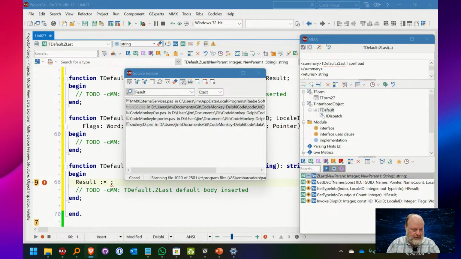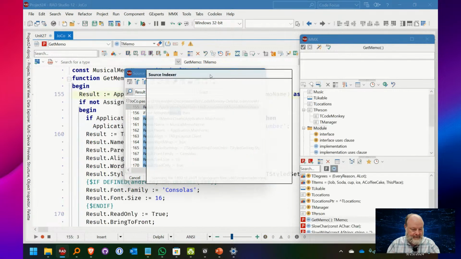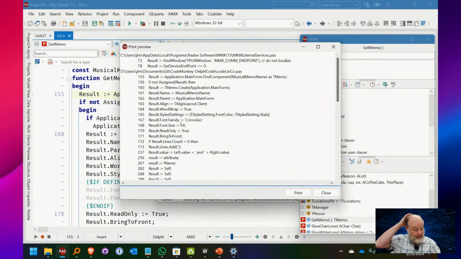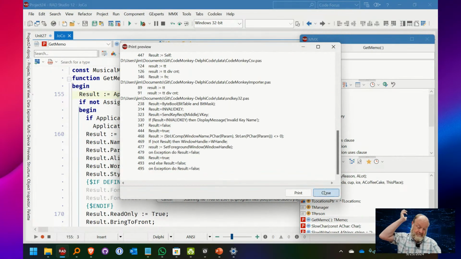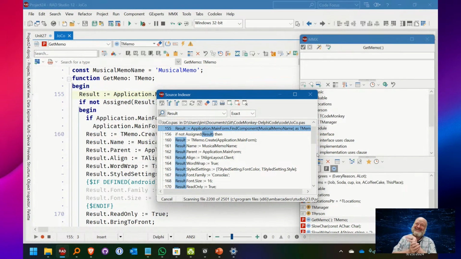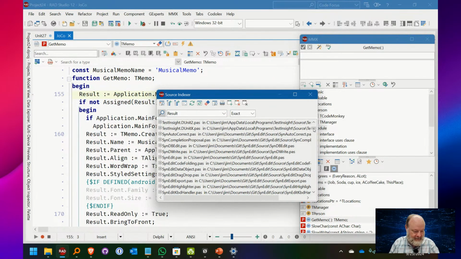When you do the search here, you can jump to the match in the IDE, right? And you can do a report that shows where your things are showing up. That could be useful, I suppose, if you used to be printing stuff out. I still occasionally print things out, but I don't like printing stuff anymore. Okay, so there you go. It's finished doing all the indexing, much quicker than I expected it to be.